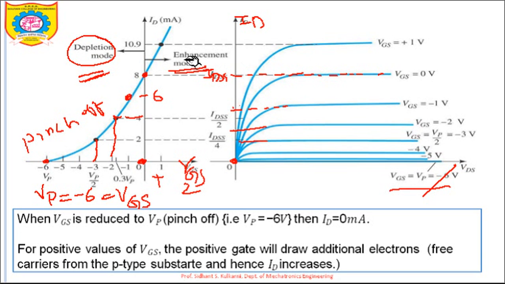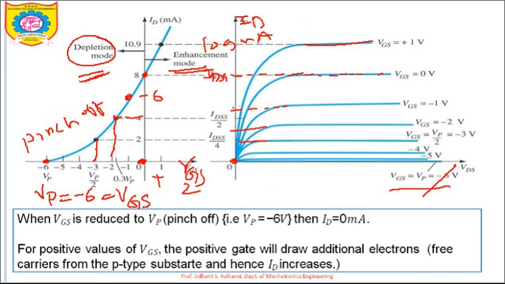And as the depletion type of MOSFET can be operated in the enhancement mode also, we can see in the graph of ID versus VDS that the current exceeds the IDSS value. You can see the ID value has increased to more than IDSS. Let's say this is 8 milliampere, it may be 10.9 or 11 milliampere, something like that. So the moral of the story is that a depletion type of MOSFET can be operated in depletion mode as well as enhancement mode. And if we operate the depletion type of MOSFET in the enhancement mode, the current may increase beyond the saturated value of drain current, IDSS.